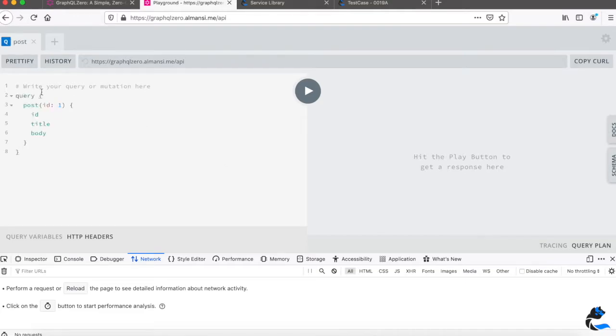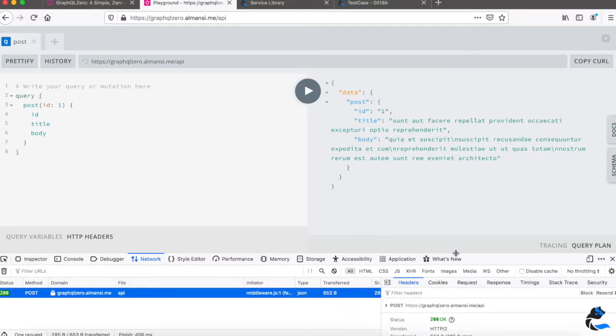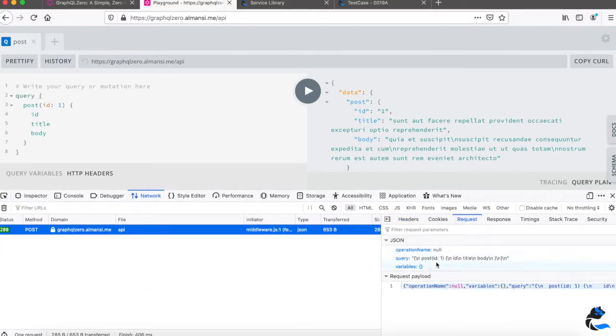So here I will paste what I have found in the tutorial, and it will call my API here. We'll just hit the button to verify it's working okay. You may have seen that I have activated my network traffic to be able to get the request. It's a bit easier, if you are not familiar with GraphQL queries, to understand how the requests are being done, and you may probably use it inside Cerberus later on.